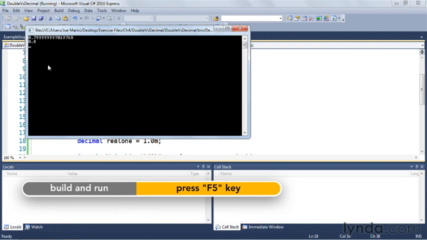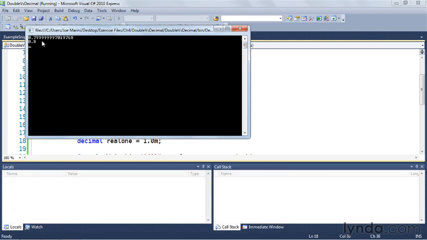You can see that in the first case, the 1.0 minus 0.2 when using a double results in 0.799999999, whatever, a whole bunch of high precision digits here. Obviously there's a loss of precision when using a double. Whereas in the case of the decimal, the 1.0 minus 0.2 did in fact result in 0.8, as you'd expect. And again, that's because the decimal data type works with base 10 numbers naturally, whereas doubles work with base 2